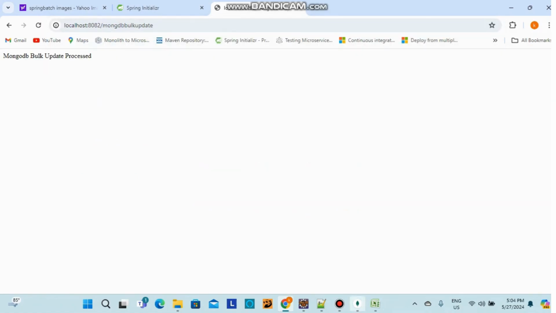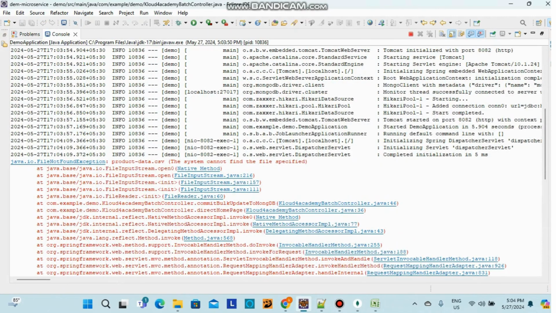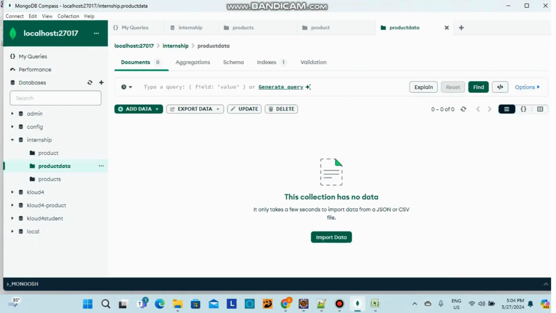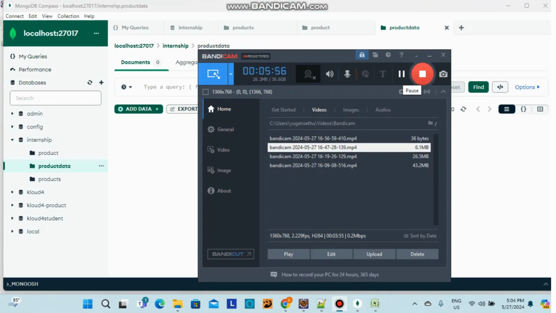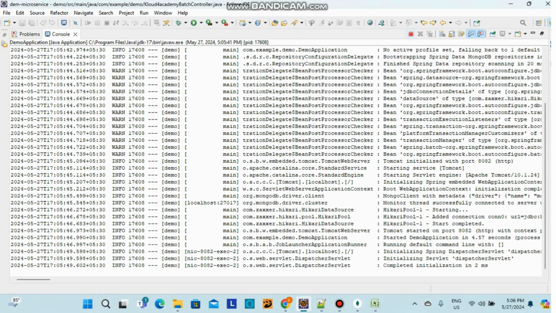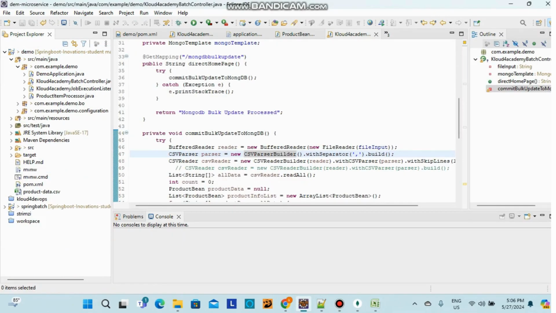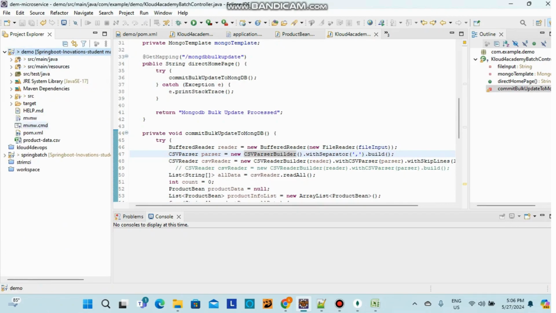See, data is processed, but it's having some error. Let's see what the error is. A file not found exception is specified. Okay, that's fine, I think records are not stored. I'll check where the file is missing. Yeah, the issue is simple. The product data CSV I copied from the parent root folder, not here. I copied it into the demo root folder, so that it is fetched instead of from the resource folder. So I just copy it in here,